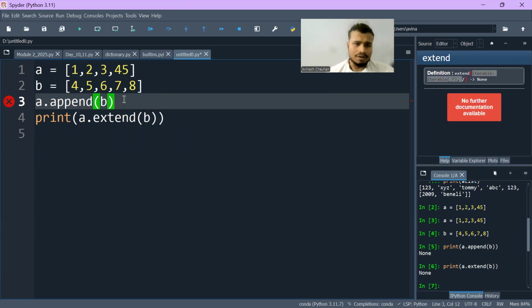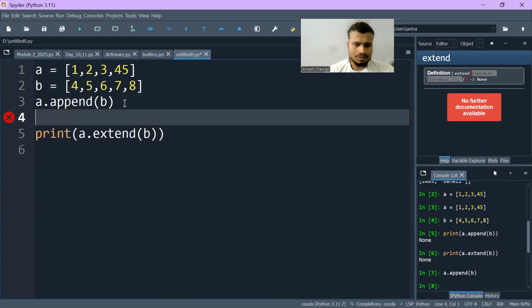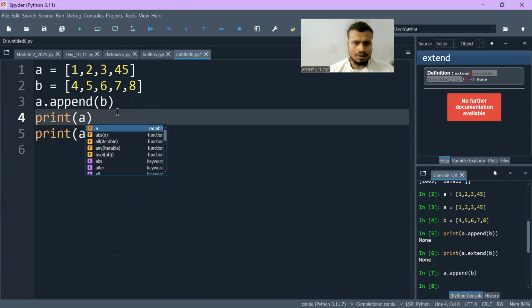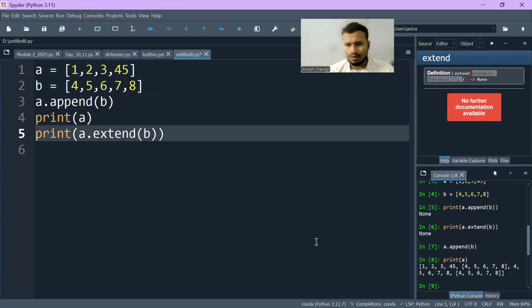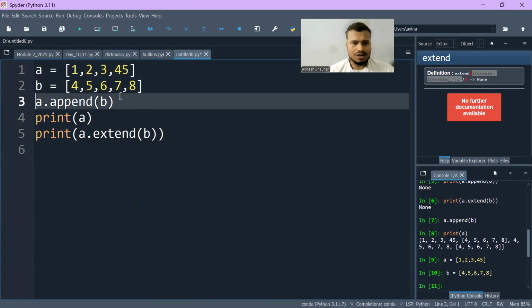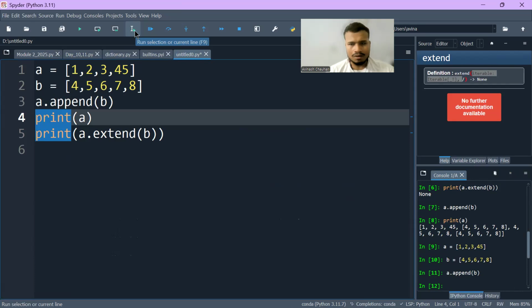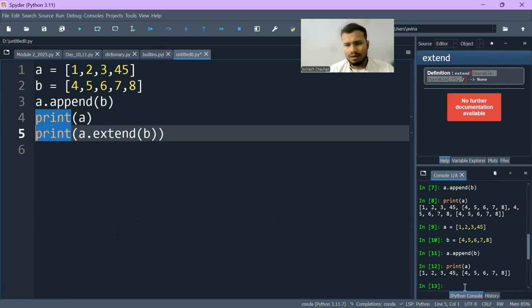I don't know why it's not printing here. So if I print A again and execute it, yeah, okay, it's working here. I will put this line of code. Now I'm printing this. So you can see whenever we are appending something in a list, what happens is it